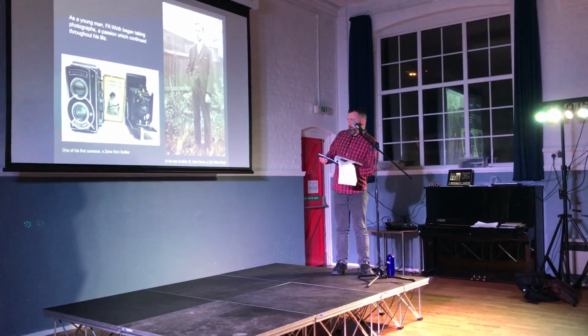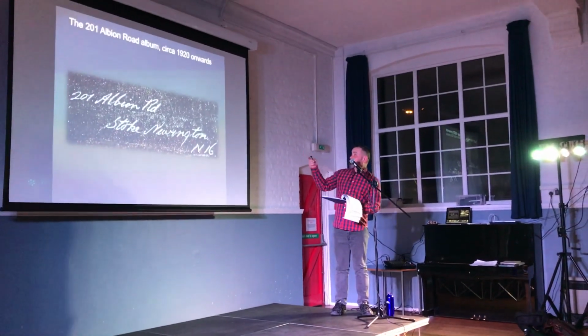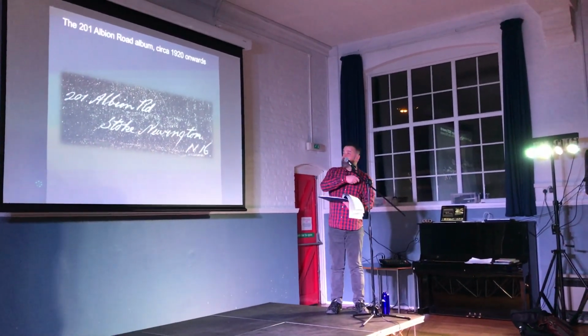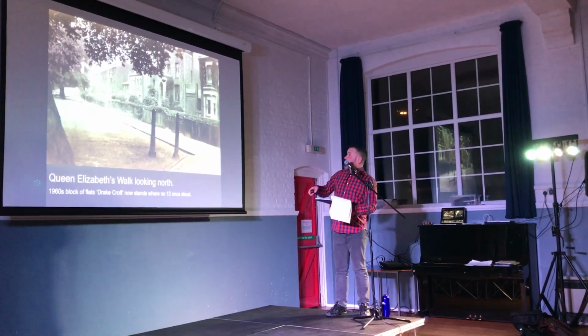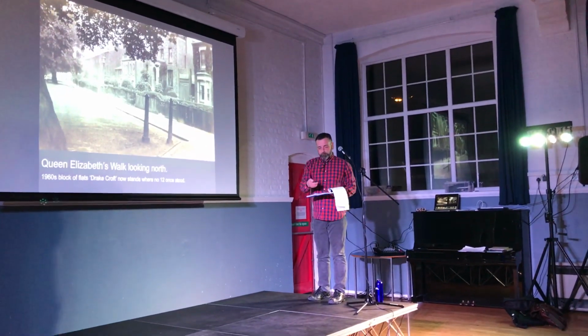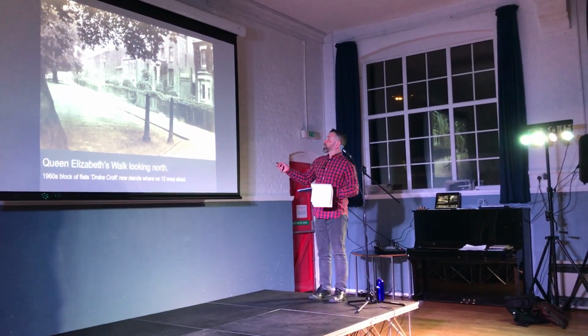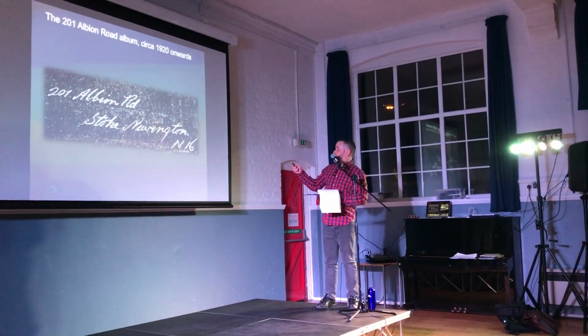So we'll get on to the very first album now and the actual pictures, and that's the inscription when they lived at 201 Albion Road. So this is Queen Elizabeth's Walk, and if you can see, how do I do the pointer in there? The button in the middle. Yeah. This, if ever you're walking down Queen Elizabeth's Walk, if